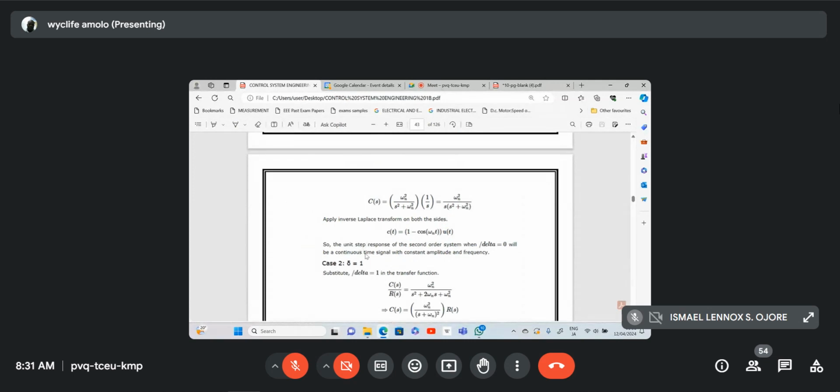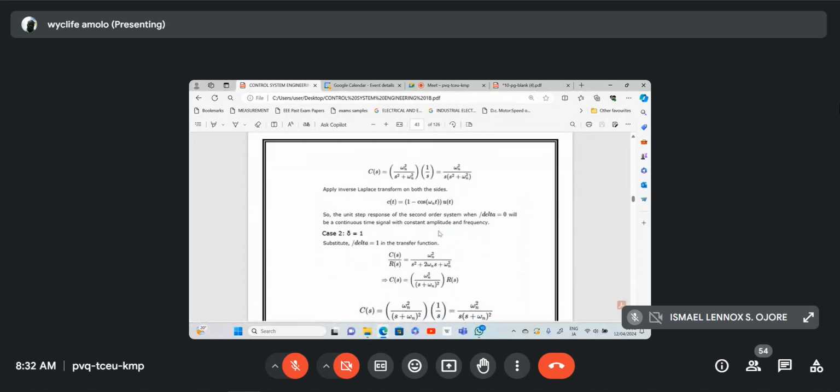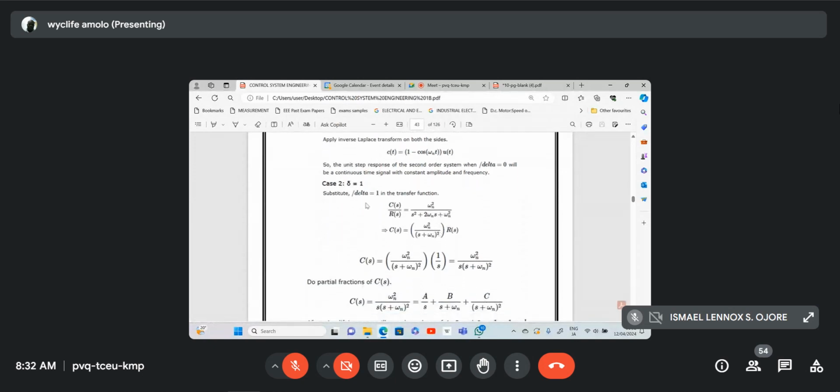He's saying the unit step response of a second order system, when that is zero, will be a continuous signal with a constant frequency. And in the case when delta is 1,